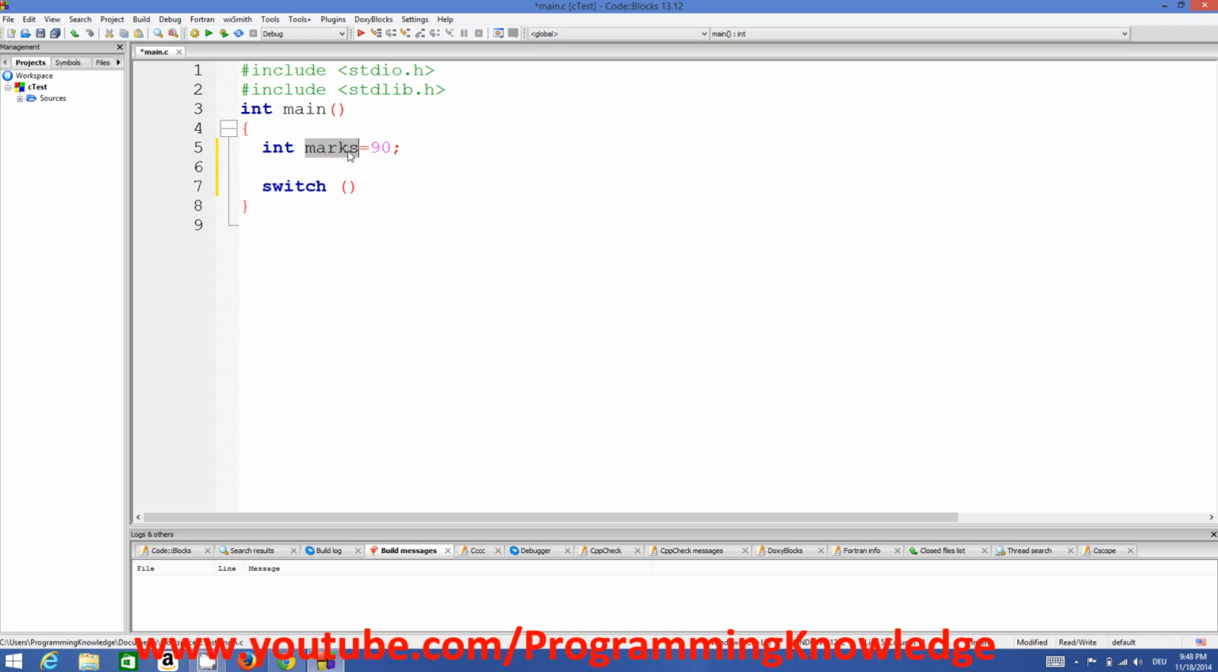Now marks is our expression, the value of which we will evaluate, and then come these two curly braces, and inside these curly braces come the cases. Case and then your marks value. So we can evaluate different values of marks. Right now marks is equal to 90, but marks can be 80 or 70 or 60 or whatever. So for example, if marks is equal to 90, then we want to